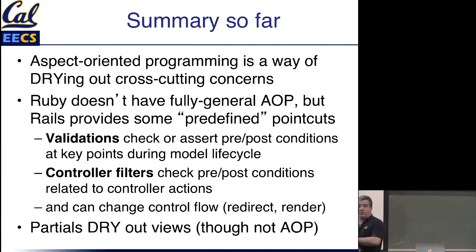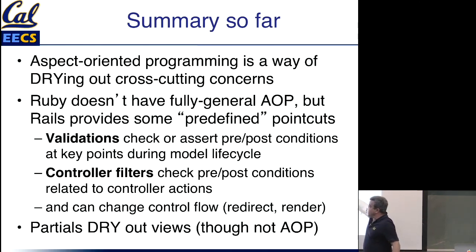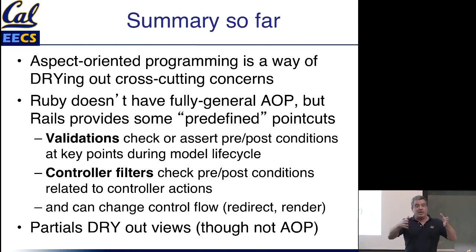Rails does not have full aspects. There are some languages that do, but it provides these two specific flavors of it because they make sense in model view controller. For a model, you want to check whether certain things about a model instance are always true. For controllers, you want to check whether some conditions are true before letting the user action go forward, and if not, you can shortcut the situation.